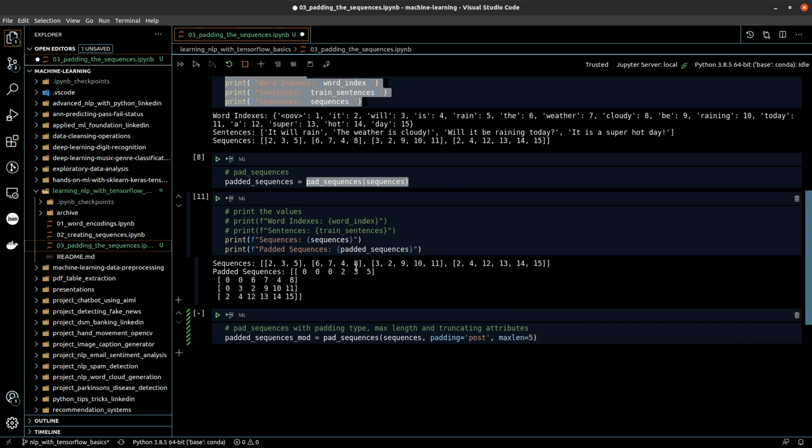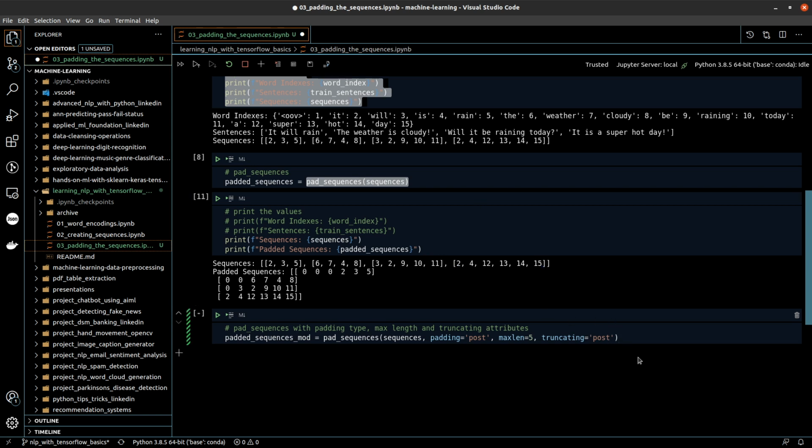So we will restrict all our sequences to be just of length 5. So our sixth sequence should get truncated. Now how should it get truncated? For that we have another attribute, truncating, which is again, if we talk about the default value, also pre. We will set it to post. So instead of truncating the first value of the sequence, it will now truncate the last value of the sequence.